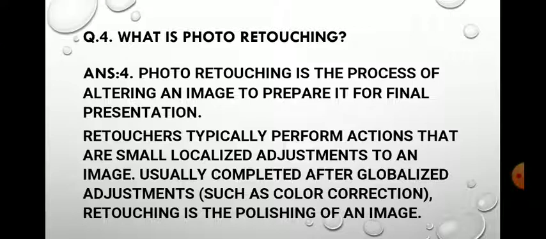Retouchers typically perform small localized adjustments to an image, usually completed after global adjustments such as color correction. Retouching is the polishing of an image.